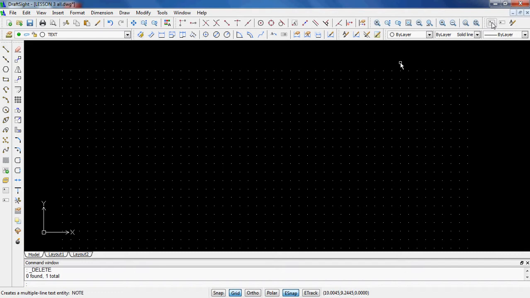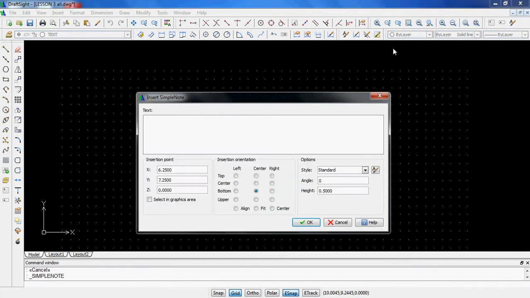Okay, so lesson 8A is going to be its own tutorial, and I'm just going to start out up at the top where it says text exercise, and it tells me to use justify center. It gives me a height, and it gives me a center point. So there's a couple ways to do this. The first way is by going to simple note right here, and I'm just going to go ahead and type